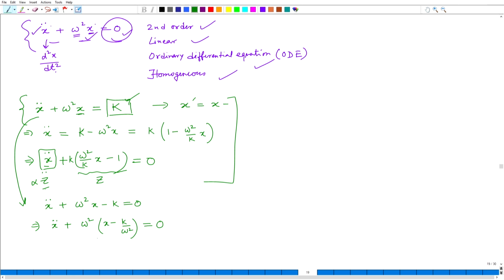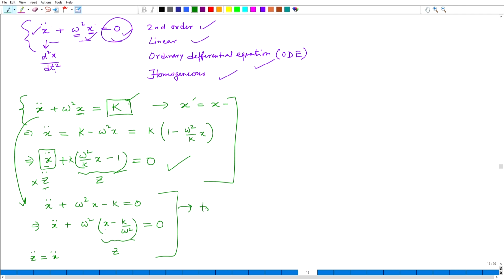So, if you do this now, it is actually much easier, I think, in comparison with this part. If you write this and then finally say, okay, this is my z, then z double dot and x double dot are the same, because you see that x is just shifted by a constant, and this is something we have already used while finding